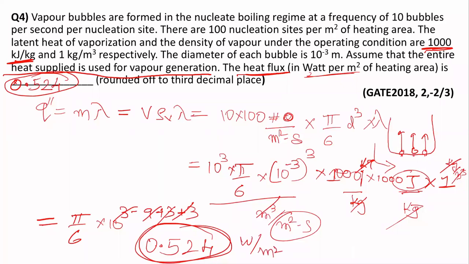So I hope how calculations need to be done in the GATE exam are clear. Always keep your units with the values. You can do it in this particular fashion, or you can have all the values written on one side and the units on the other side, so that you don't end up making some calculation mistake. Most of you got the correct value, 0.524, but since your order of magnitude or units were not matching, you would have landed on minus 0.67. So please be very careful about it.